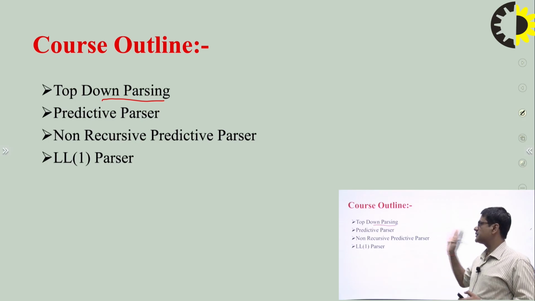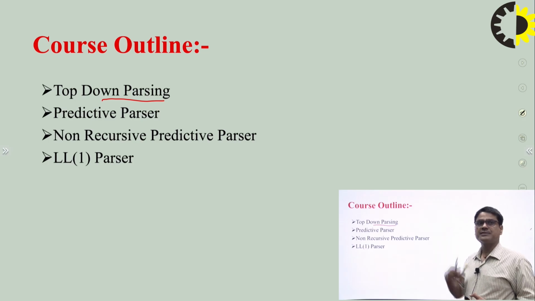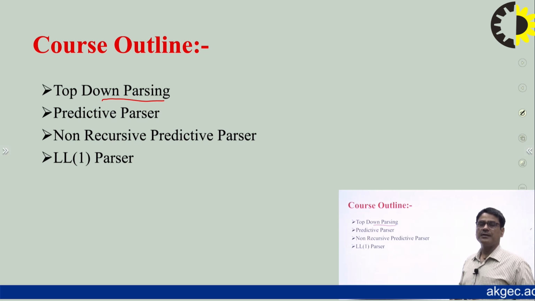So if we're talking about this top-down parser, it starts with the start symbol, then proceeds through a number of derivations, and by applying these derivations we reach the particular input alphabet, which is the output of this grammar. We identify the accepted language of that grammar, and then we proceed to design the parse tree.